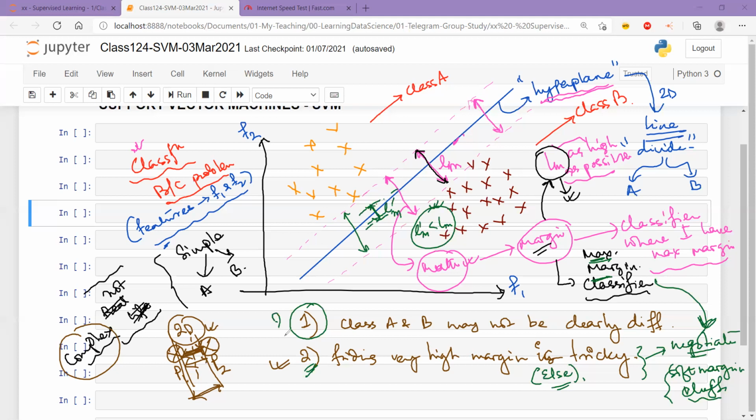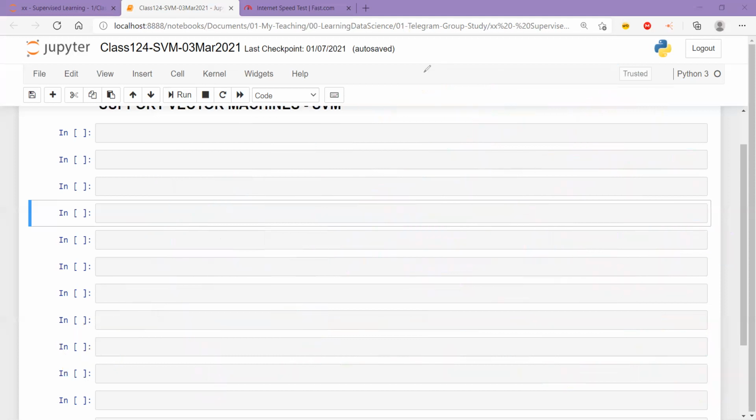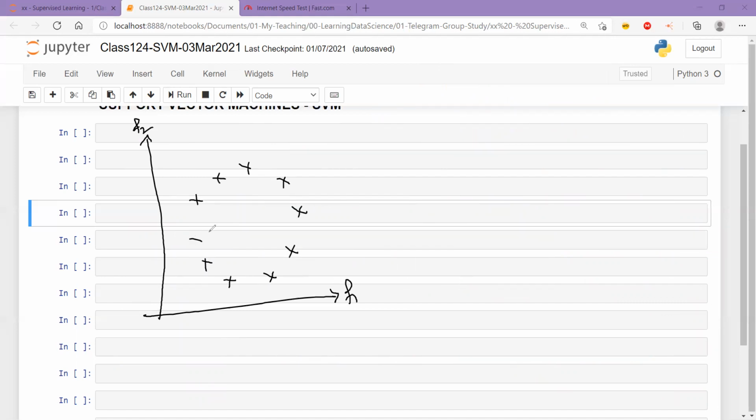So what about the first problem? This problem is still there. Now let's try to look at it from a very difficult kind of scenario, like an example that we took earlier. Well, let me just remove this and try to draw this on the left hand side. Let's say I have two features f1, f2, and I have the data points which are looking like this. If I plot them onto a 2D plane, let's say these are the data points.